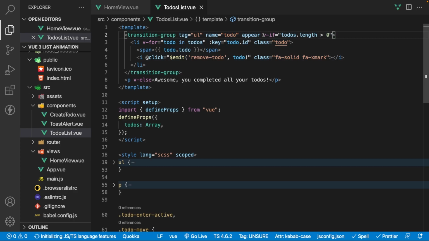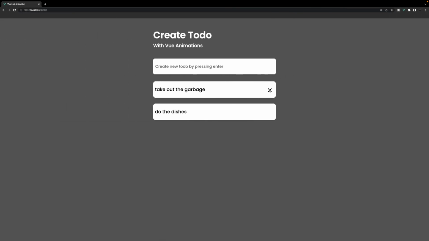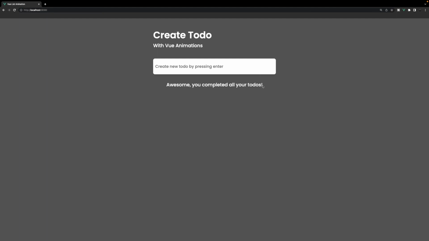Now within our to-dos list component here, we're either going to show our to-dos if we actually have any. So we're going to do this if check right here, and we're going to say only show this if the length of the to-dos is greater than 0. Otherwise, we're going to show this paragraph tag right here: "This is awesome. You've completed all of your to-dos." And we can see this if we remove our two to-dos right here, we have this message appear. But as you can see, this just kind of pops in very abruptly. So what we can do is actually add a transition component to go between either showing this message right here